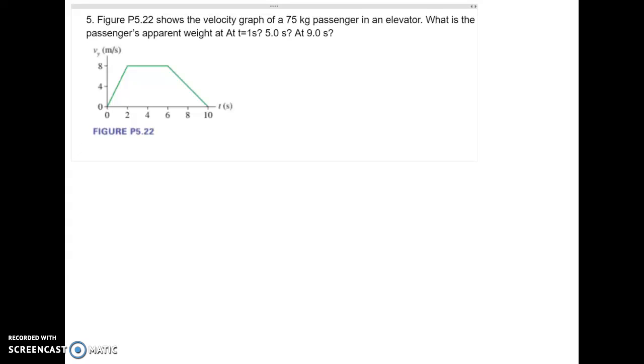Hi everyone, so we'll go over this problem here where we're dealing with an elevator. We're told that the figure here shows the velocity versus time graph of a 75 kilogram passenger in an elevator. So we know the mass of our person is 75 kilograms. We are told then to find the passenger's apparent weight at the time of 1 second, 5 seconds, and at